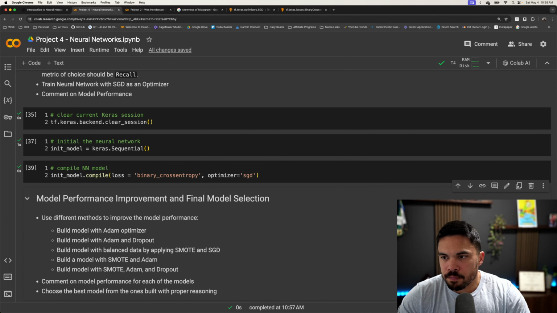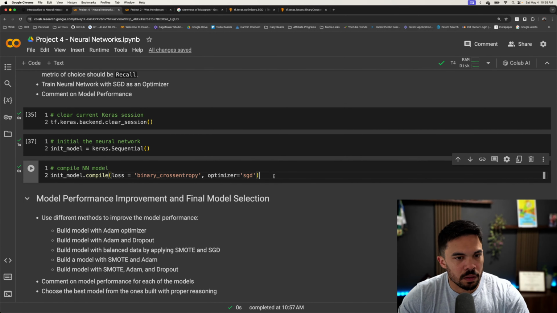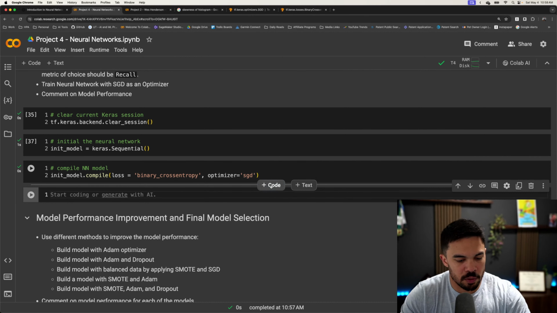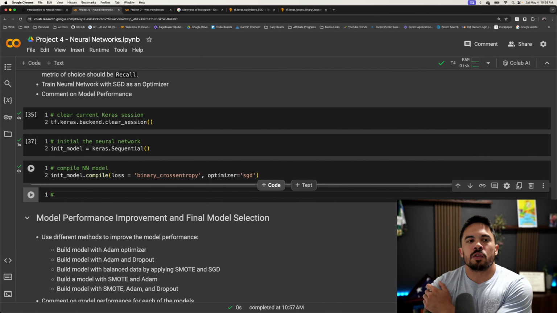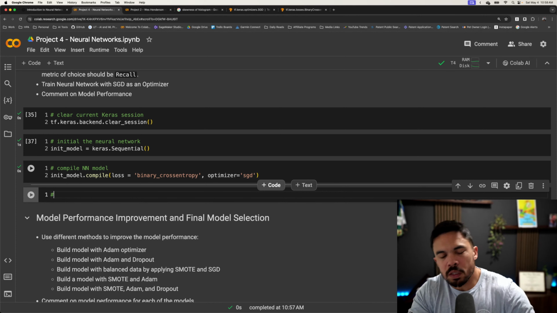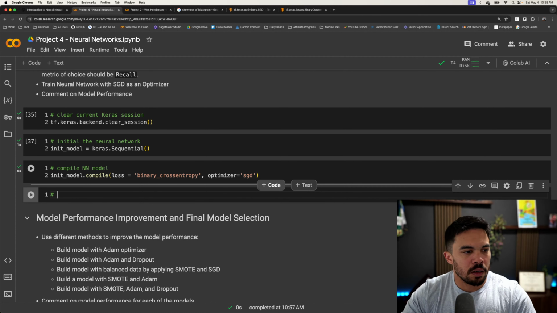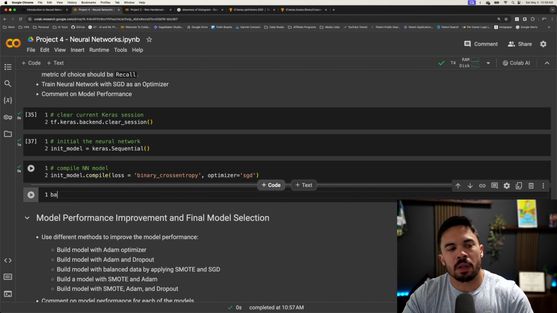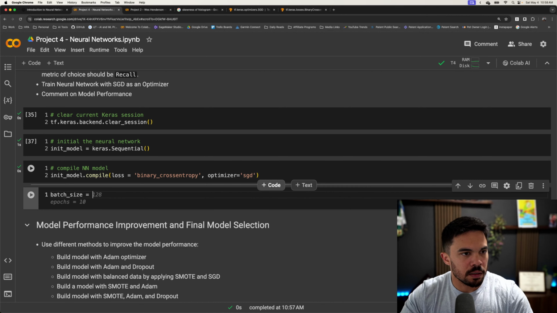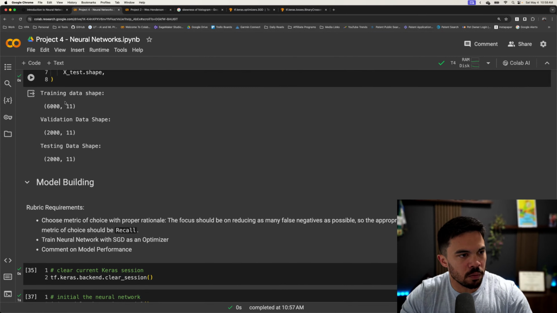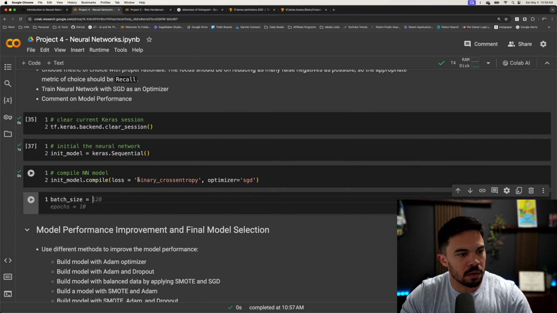Now we want to run the model. So, batch size. That's going to be dependent on, we have 6,000. So maybe,